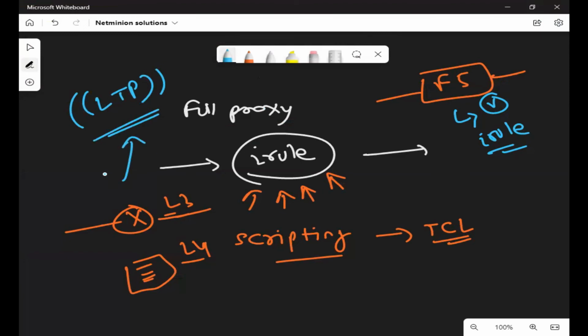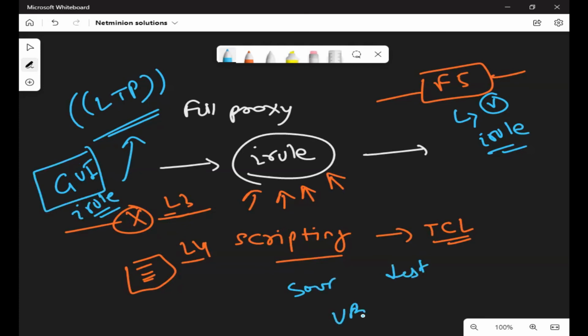No, it's all right. It's a GUI part. It is a bit like the GUI of iRule. iRule is a CLI thing, right? The syntax, you need to be aware of how to write the iRules. But if you wanted to check with the GUI, like if-else, this is the source, this is the destination, this should be the URI, let us say. So this is your statement and this is your action, a bit like your route map.